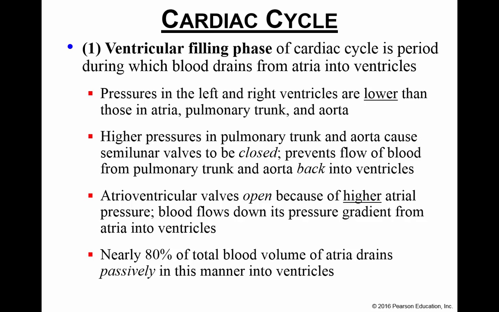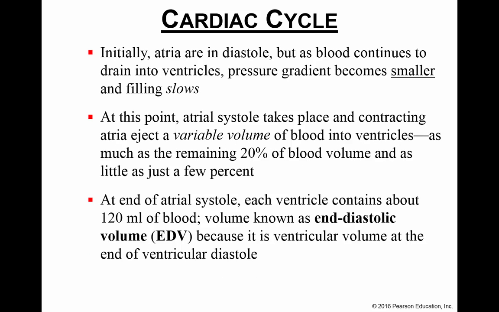And blood flows down the pressure gradient from the high atrial pressure into the ventricles where there's lower pressure. And 80% of the blood that's in the atria will drain passively because you've also got gravity on your side here. That's the ventricular filling phase. So initially the atria are in diastole, and the blood just continues draining into the ventricles, and the pressure gradient gets slower and smaller, and then atrial systole happens, and the atria contract, and they eject the remaining 20% of blood